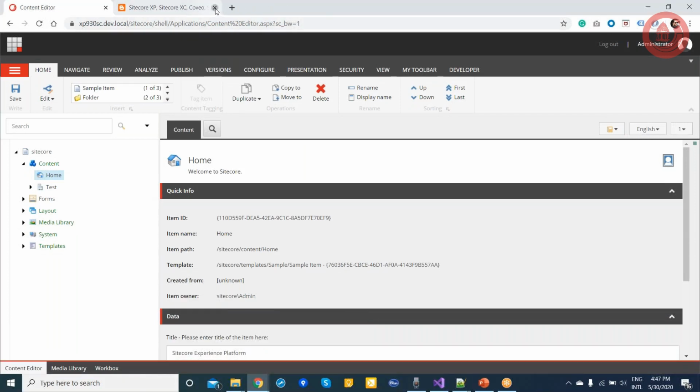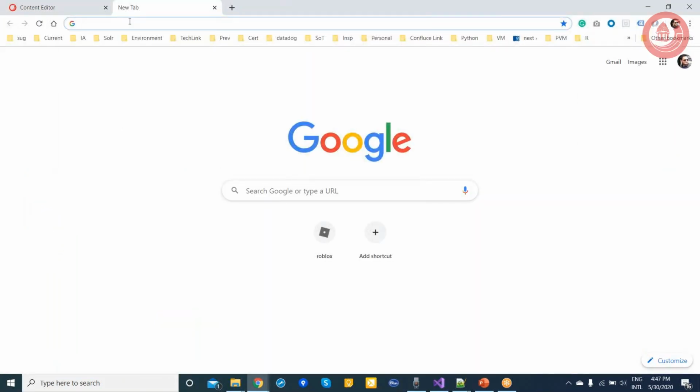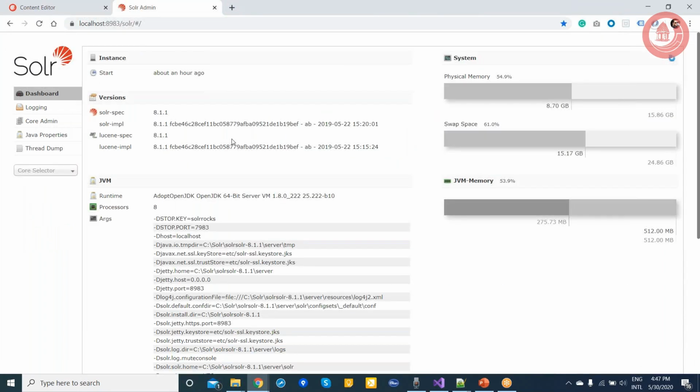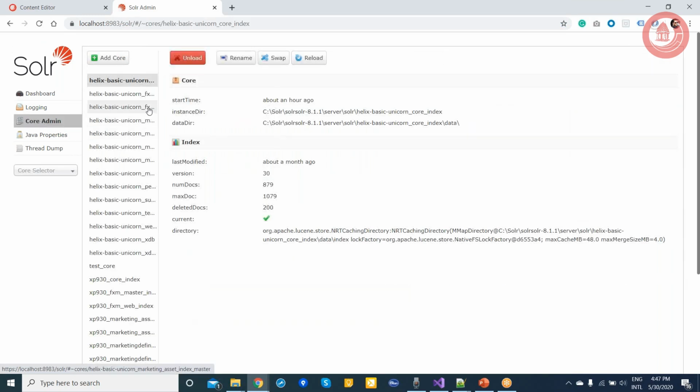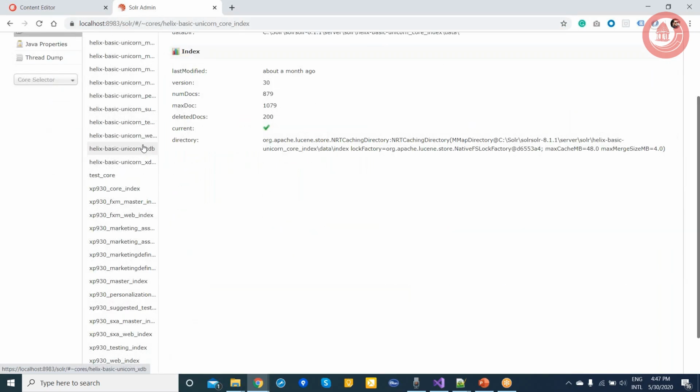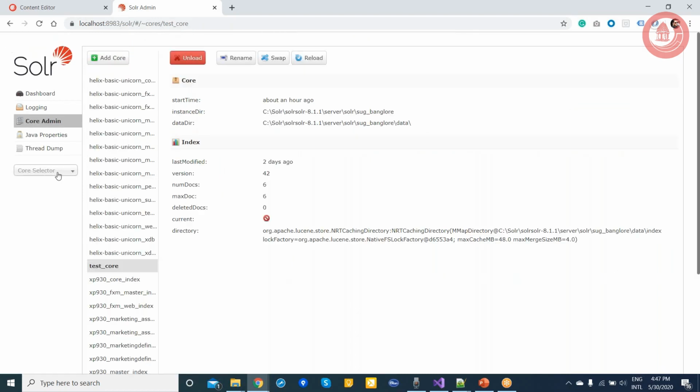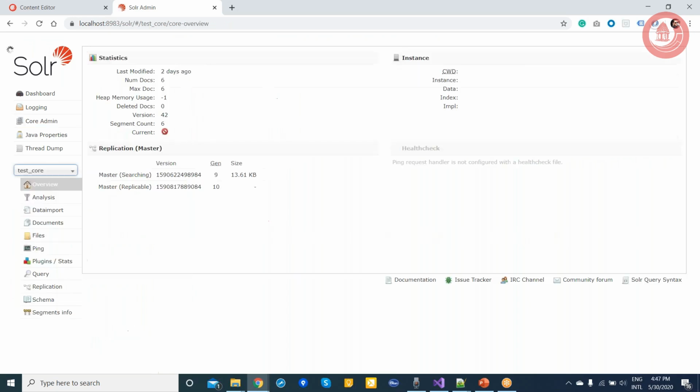I will close all these things. I will start from here. Okay, so now here you can see I have a few cores on my machine. I will use the test core. If I go to the test core here,